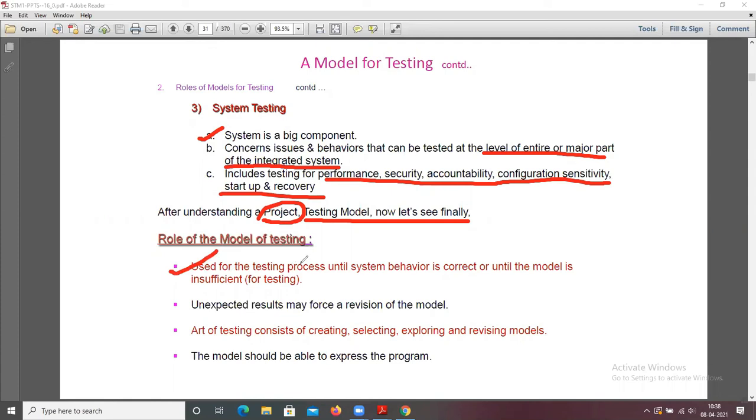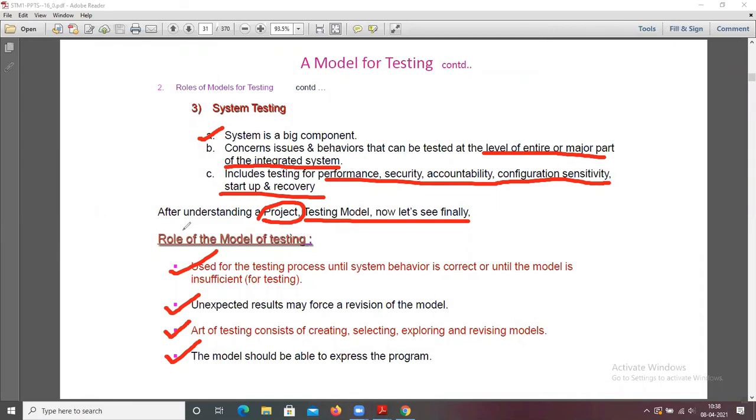The model is used for the testing process until system behavior is correct or until the model is insufficient for testing. Unexpected results may force a revision of the model. The art of testing consists of creating, selecting, exploring, and revising models. The model should be able to express the program.